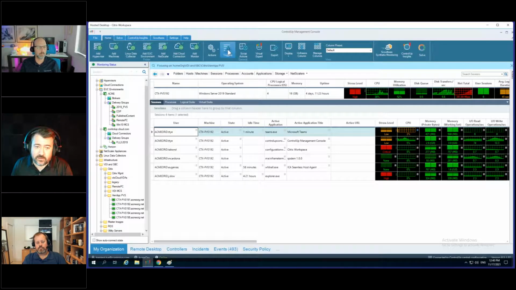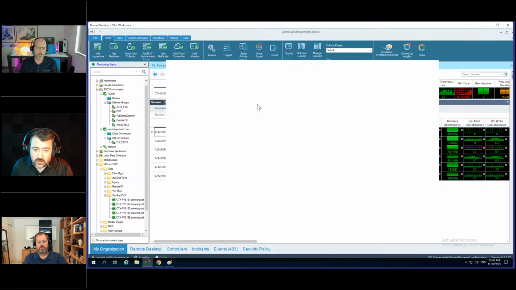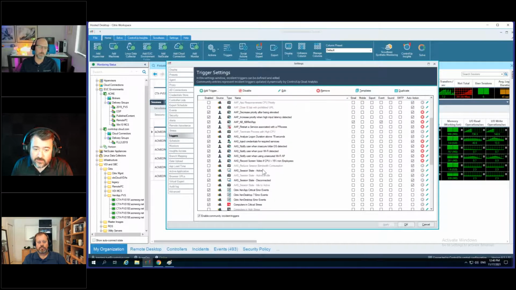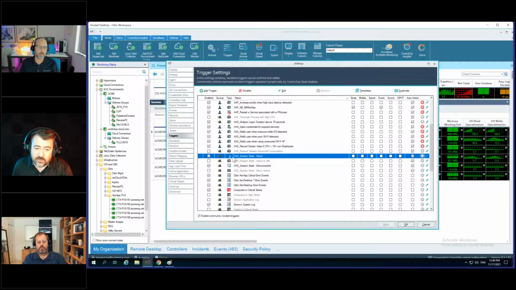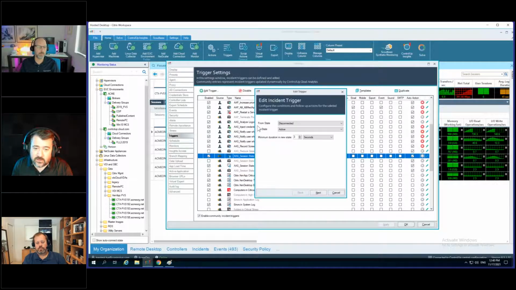I'm going to jump into triggers here. You can see right here we've got our two already set to enabled. These are community triggers you can just enable right out of the box for ControlUp. This one is session state active. So what is this trigger? This trigger is looking at whether the state of a connection goes from disconnected to active